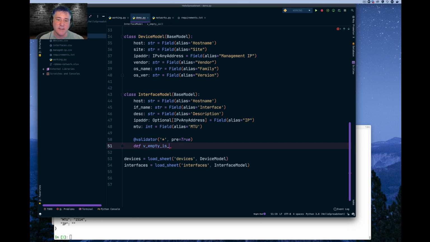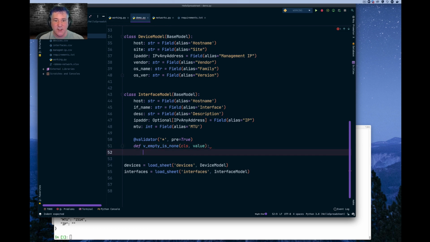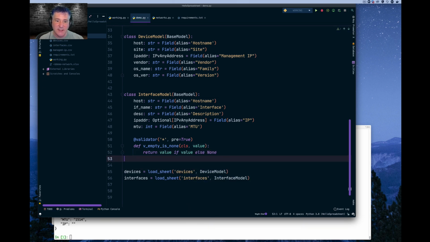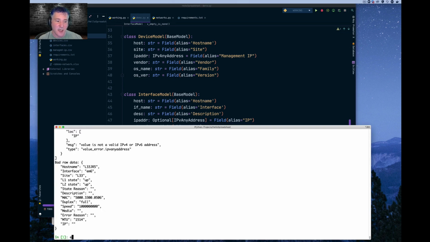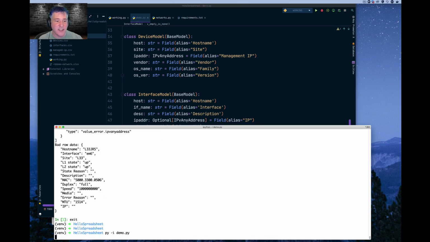So I'm going to make a function called empty is none. What this is going to do is return the value if there is a value. Otherwise, it's going to return none. The difference here is an empty string is going to come back as a false Boolean expression so that it'll come back as none. All right, so if I run this through here again,